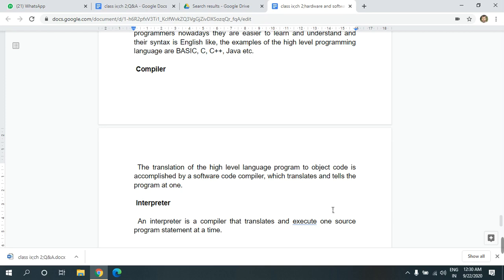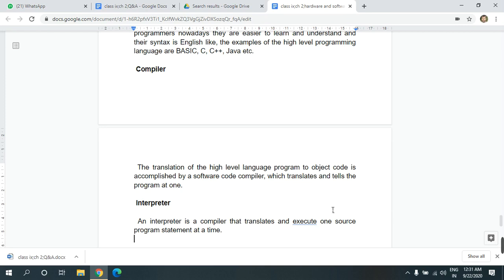And the interpreter is also a type of compiler, but it translates or executes one source program statement at a time. Meaning the interpreter converts the program line by line, whereas the compiler can convert the whole program together to the machine language, or we can say the object code.